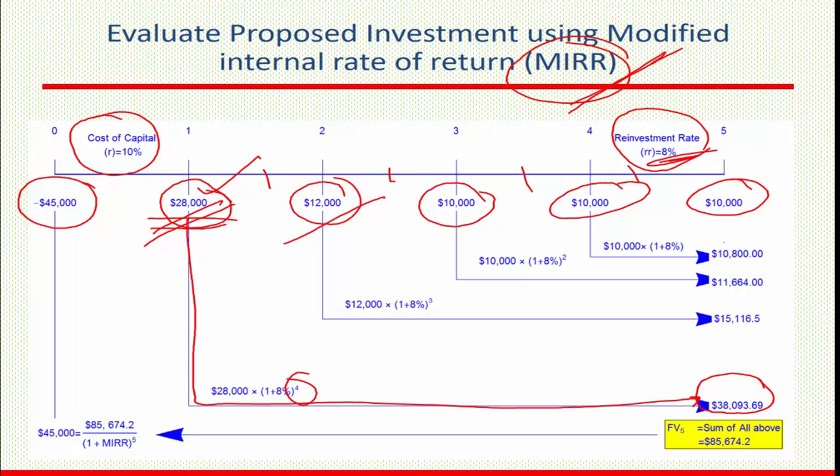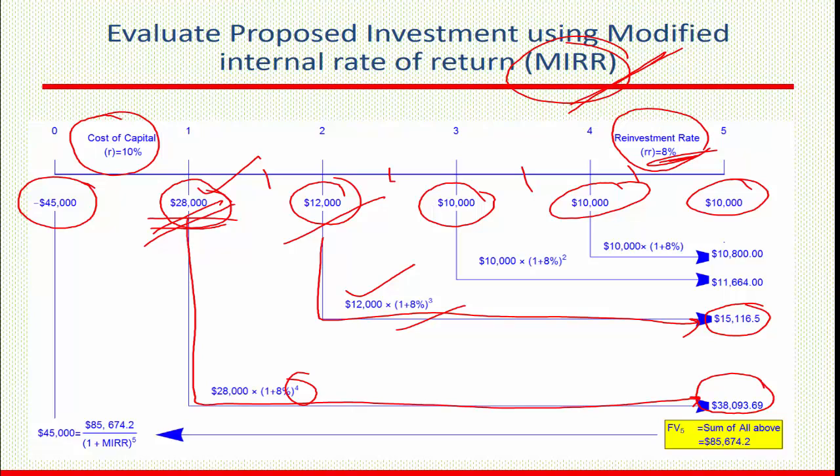If you reinvest at 8%, how much will that be at the end of the project life? After 2 years, there are 3 years left, so you have to calculate how much that will be after 3 years. That's why you multiply 12,000 by 1 plus 8% to the power 3, and that is going to be